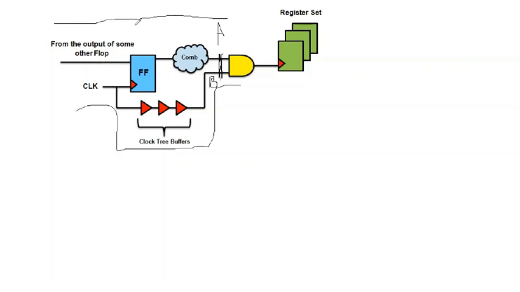Second part is where I'm going to explain the setup violation. So we've seen the hold violation. Basically, the data is not coming before the clock. But there can be a scenario where what happens is that in the flop,